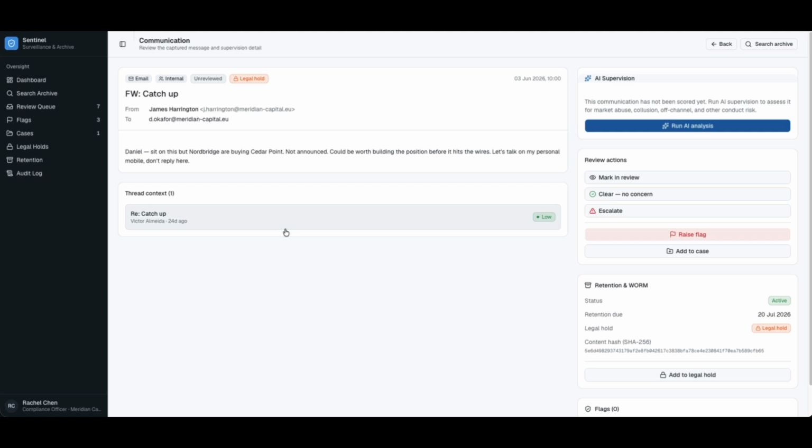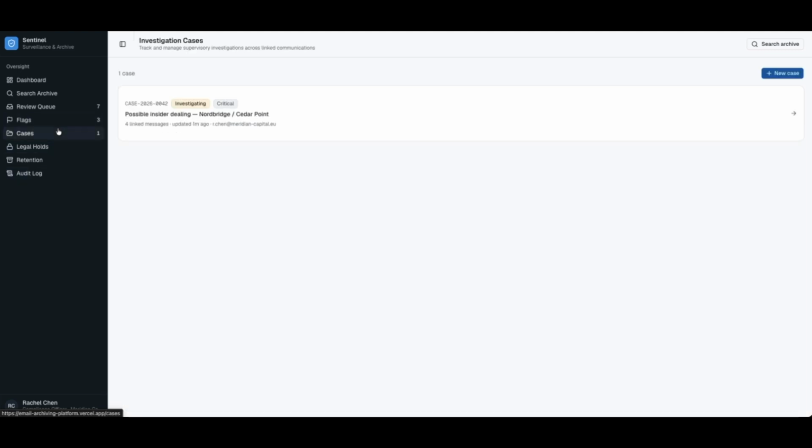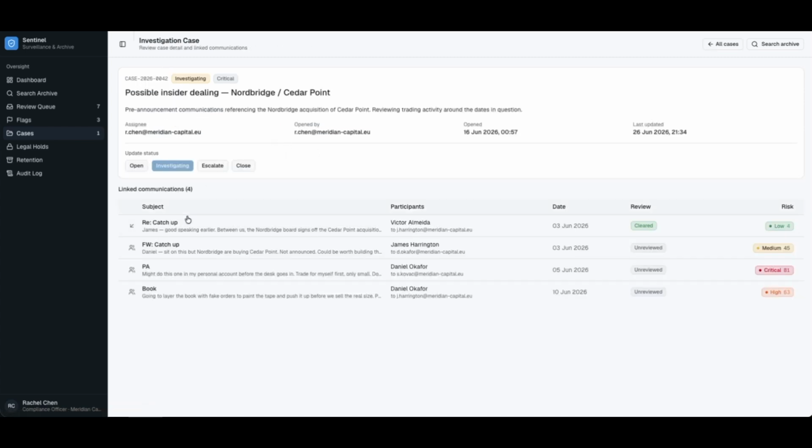And for every action that we take in the platform, we also log it in the audit logs, which helps for audit purposes, so the compliance team can always see how and why certain actions were made at any point in time. So as you can see, because of how complex the relational queries are in this platform, we chose Aurora Postgres because it supports the schema needed to build this app, such as how messages are linked to a case. As you can see here, a case can contain several messages,